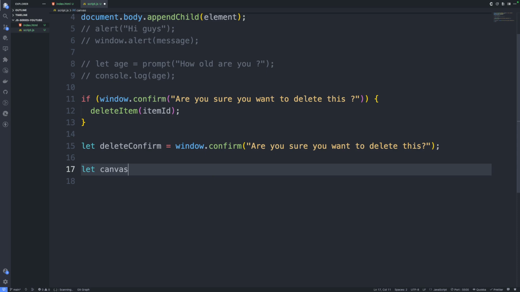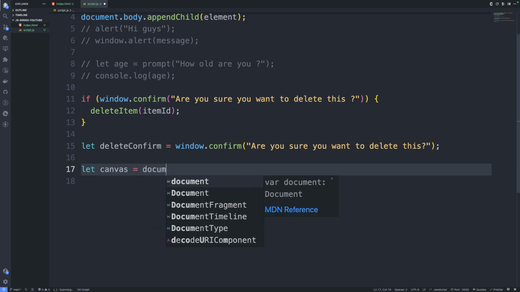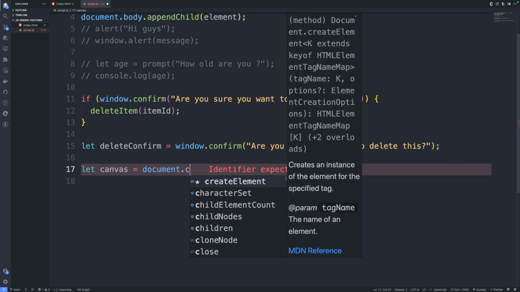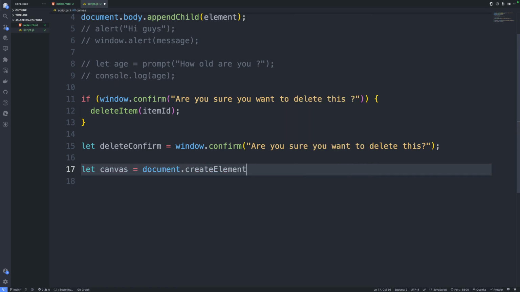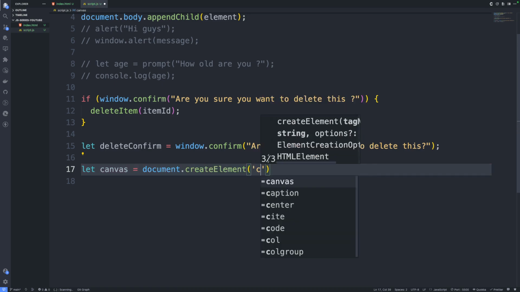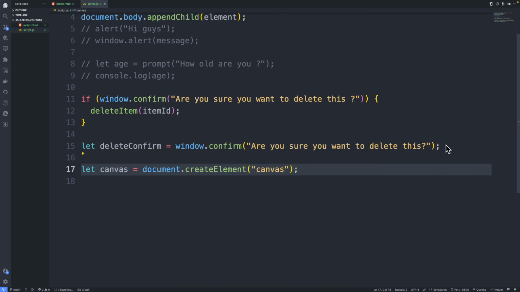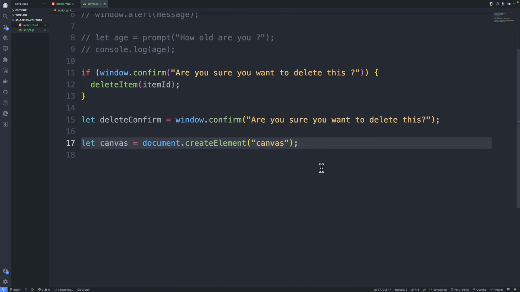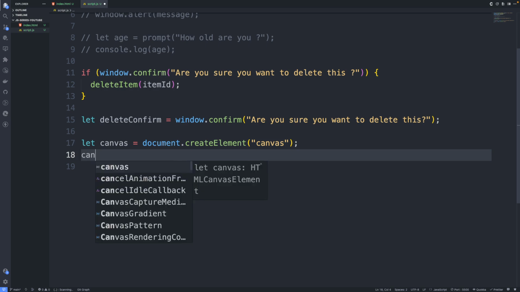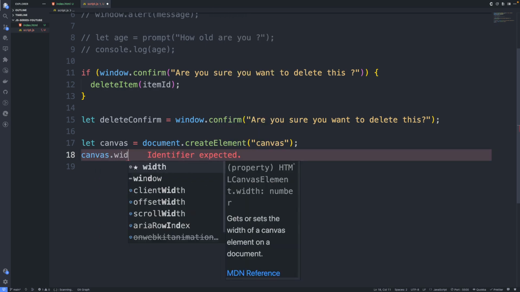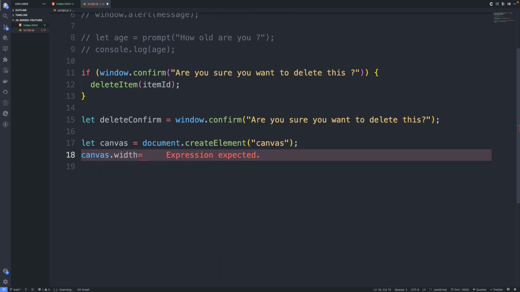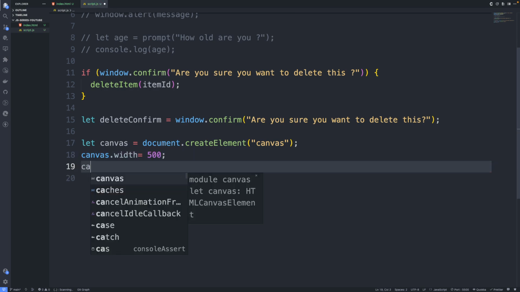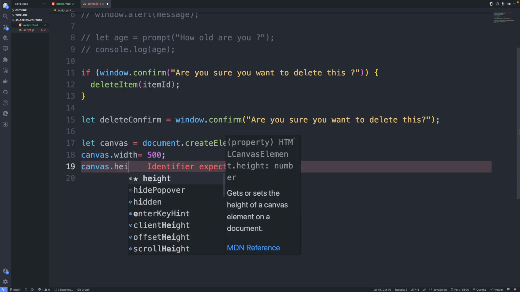So you can say let canvas, since we're getting from the document, we have to create a new element, and the element I'll be creating is canvas. Most times I can decide to give my canvas a width, canvas.width of 500, canvas.height